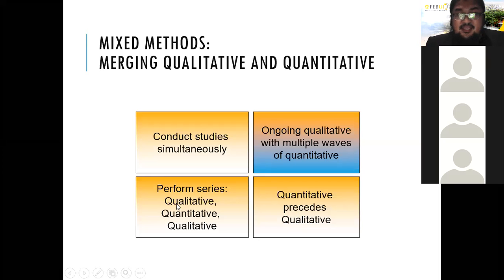And the last but not least, I think this is the ideal type of mixed method, which is the sandwich mixed method: qualitative, then quantitative, then qualitative. The first qualitative is done to identify the phenomenon, to get the initial understanding of the phenomenon that we want to study. So we formulate propositions based on the